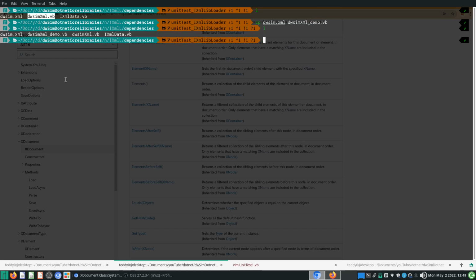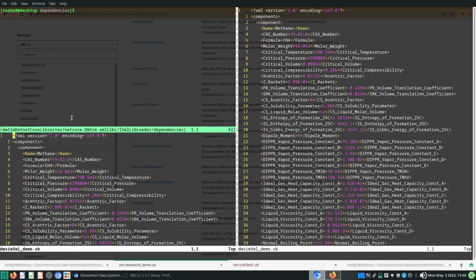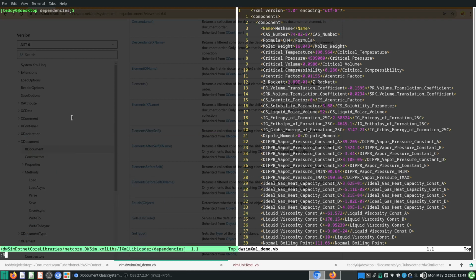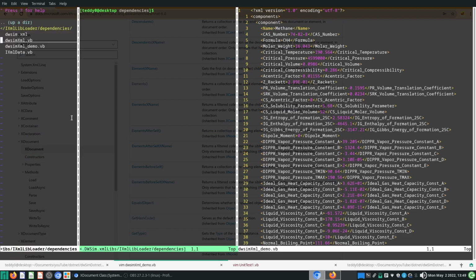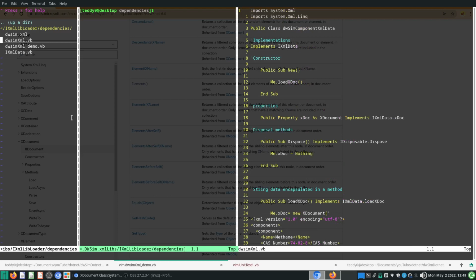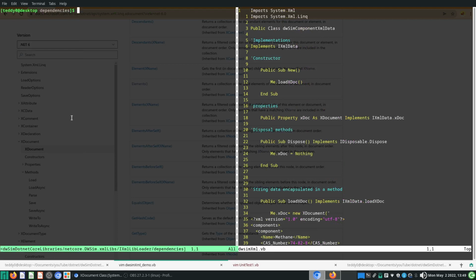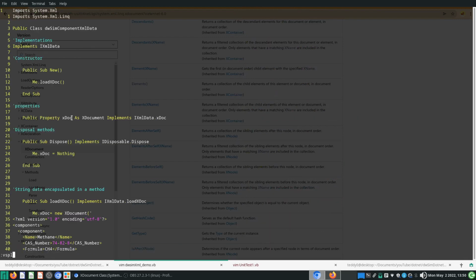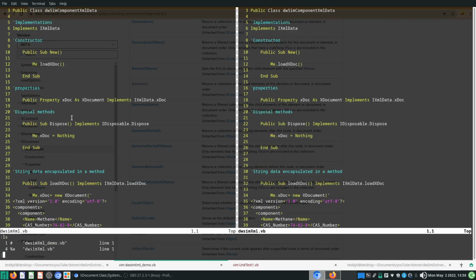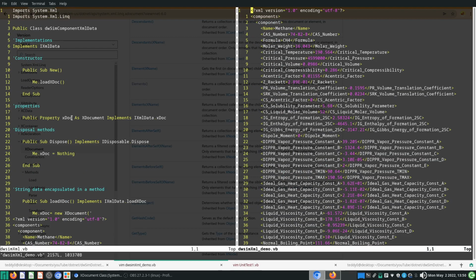So I copied this entire XML file over here into dwsim.xml.demo.vb. Okay, so this is the XML file that I have, and I'm going to do a nerd tree. I'm going to open the ones that I already did on the other side. Let me exit the terminal. I don't need a terminal. I'll v-split this up. Okay, I'll ls and I'll go to buffer1. Okay, so this is me copying the entire XML file over, and it just becomes a